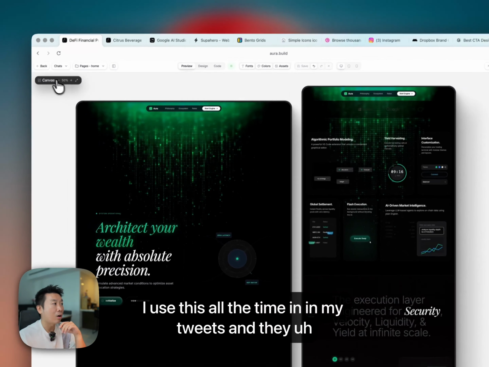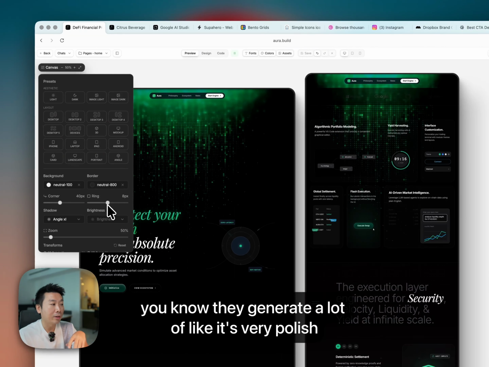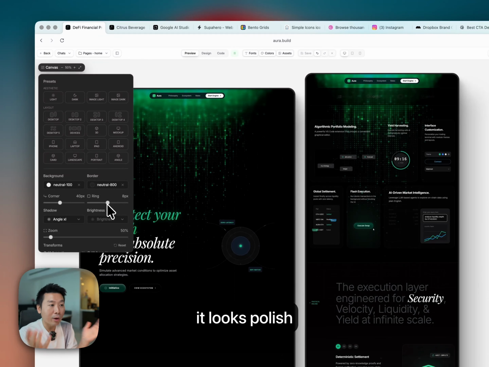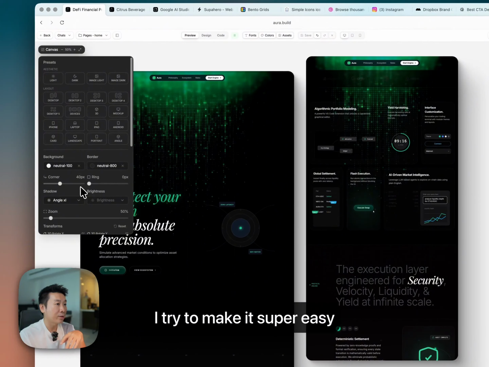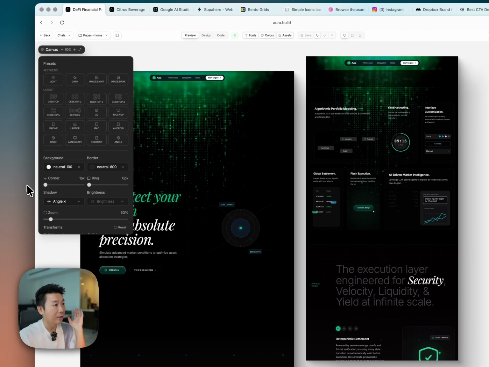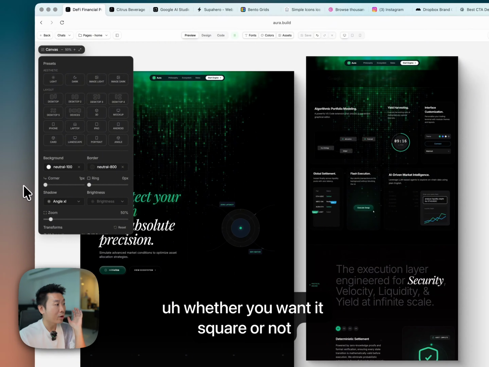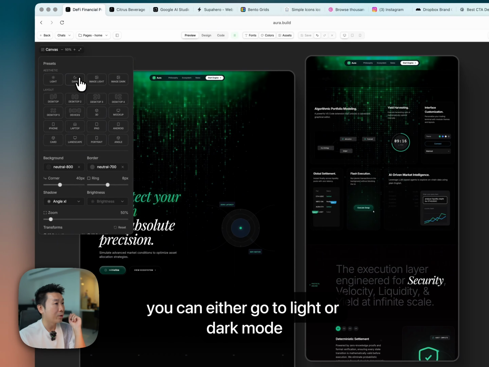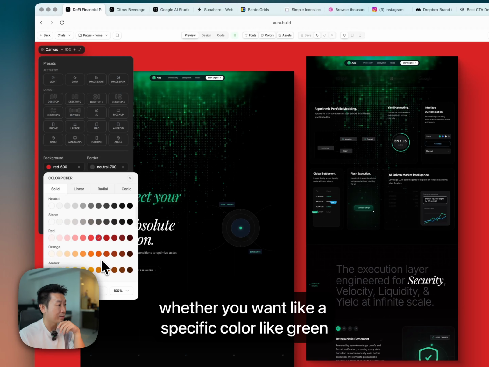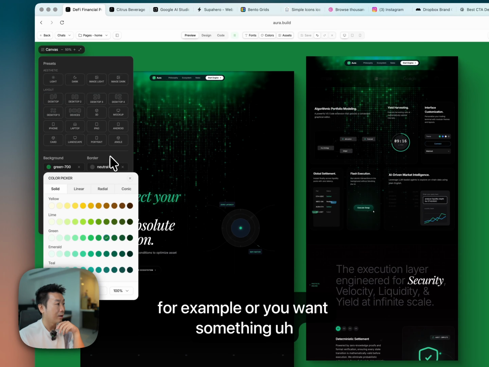cover. I use this all the time in my tweets, and they generate a lot of engagement. It looks polished, but it's all sort of organized, and I try to make it super easy. You want to remove the ring, you want to change maybe the corner radius here, whether you want it square or not, and then you can either go to light or dark mode, and then you can change the background